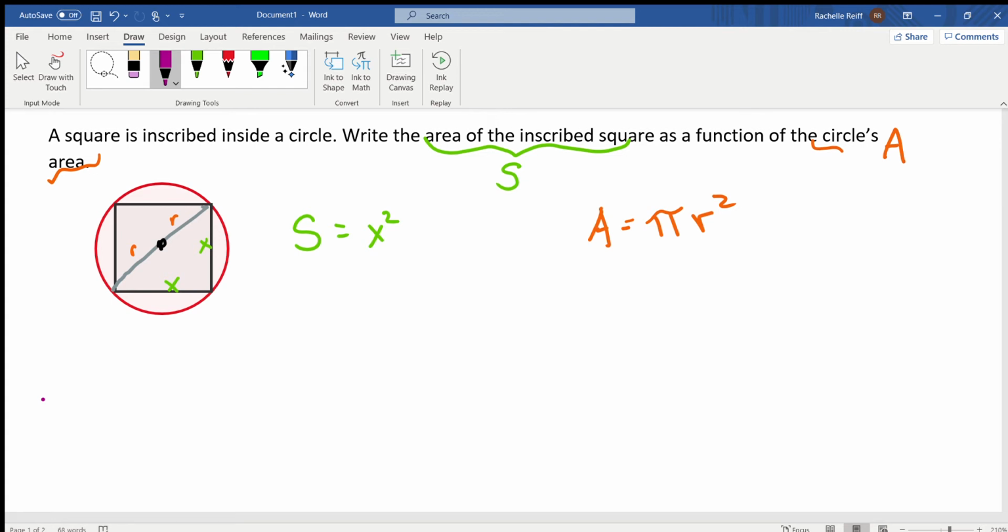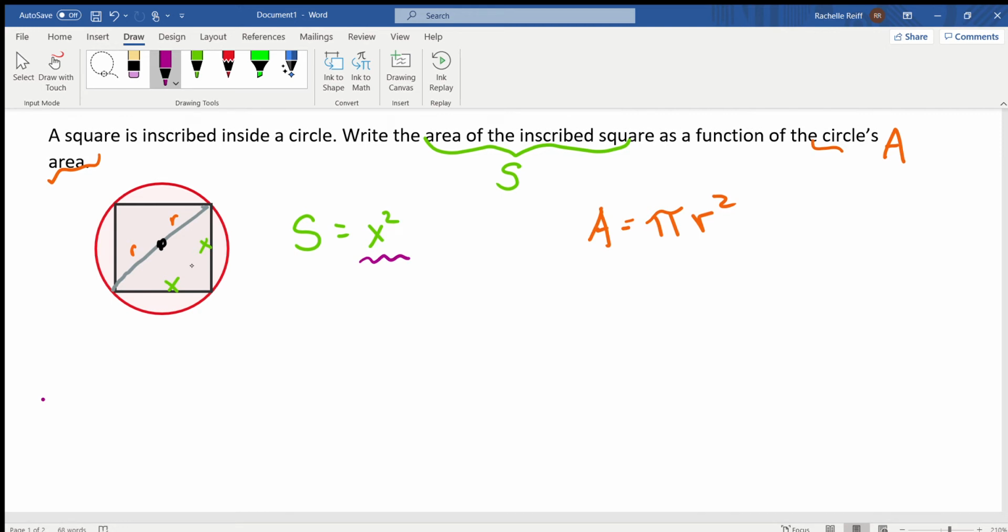Oh gosh, that's going to be difficult. Because look at that, it has an x. That doesn't even have an x over there. That just has a radius. So how am I supposed to tie those two together? Well, okay, let's do it this way. If I can rewrite this using a radius,